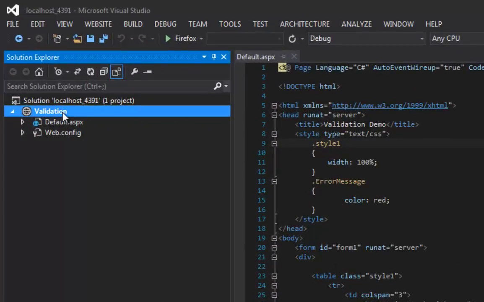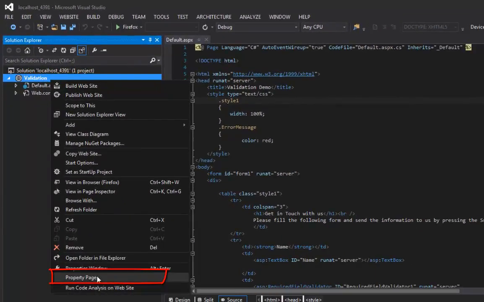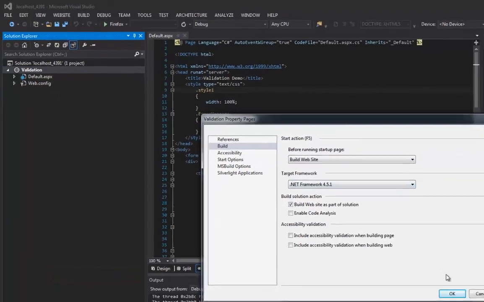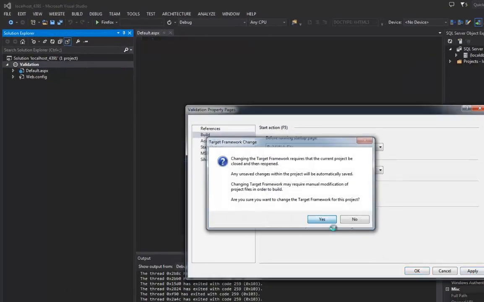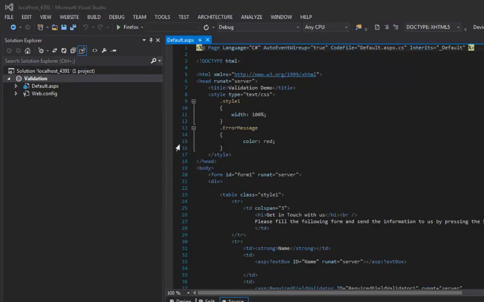You can still use an obtrusive mode so that you would avoid that problem. So to do that, let's actually go back to 4.5. So we again go to properties and change back to 4.5.1 in our build setting. Say yes. Alright, now that we have changed our target framework,